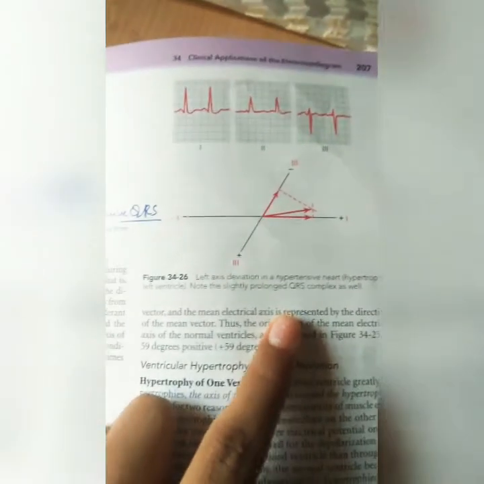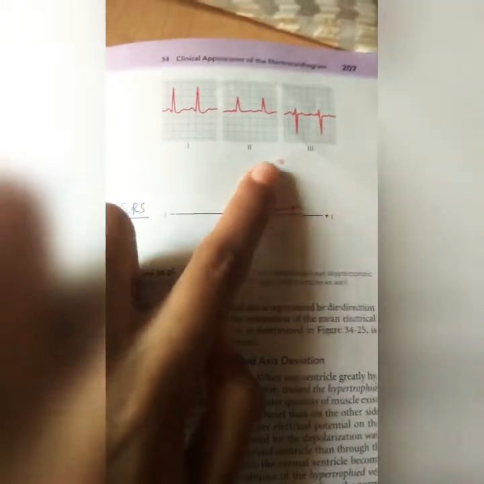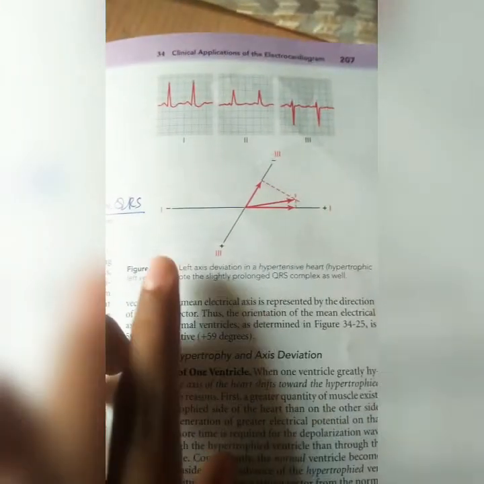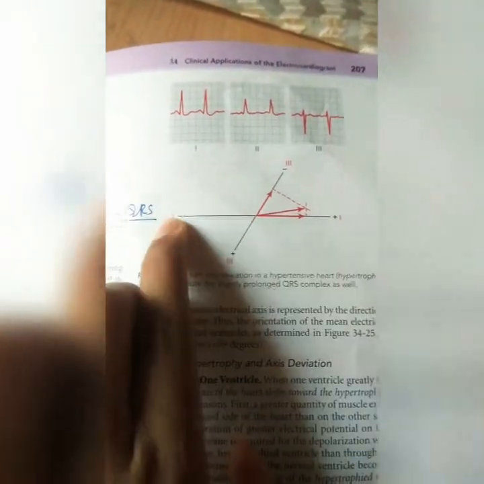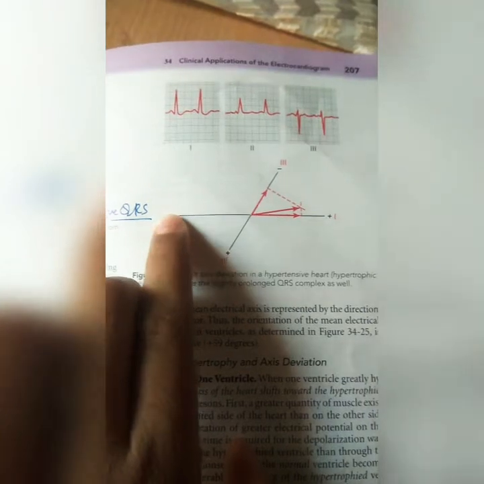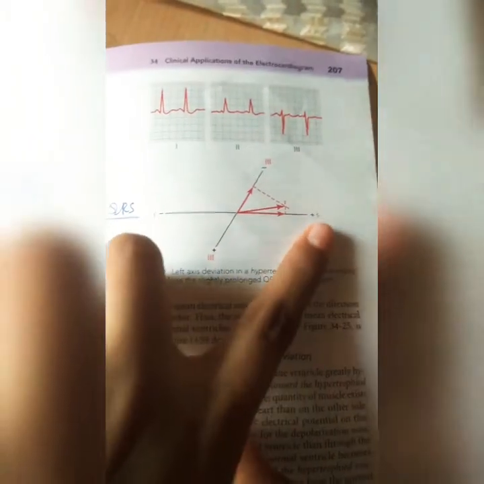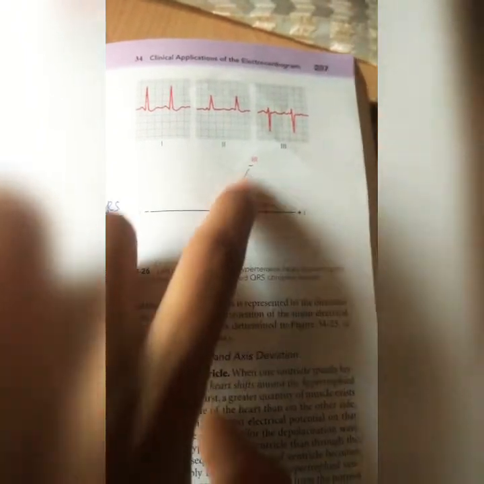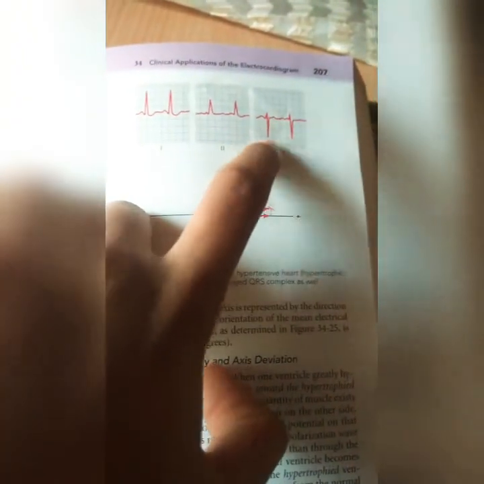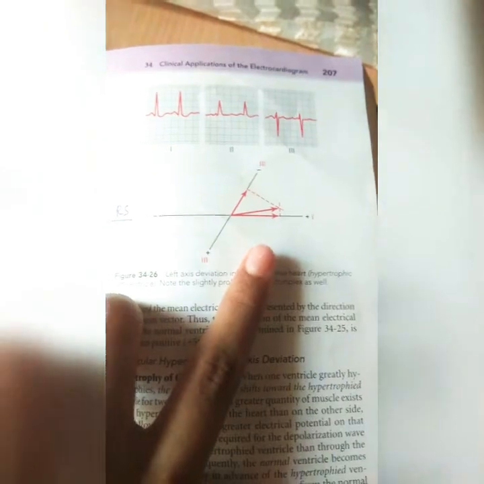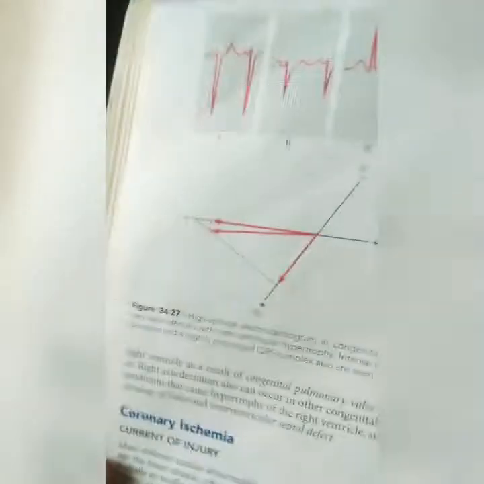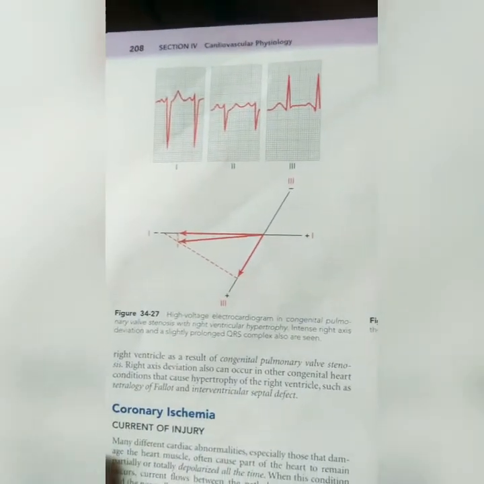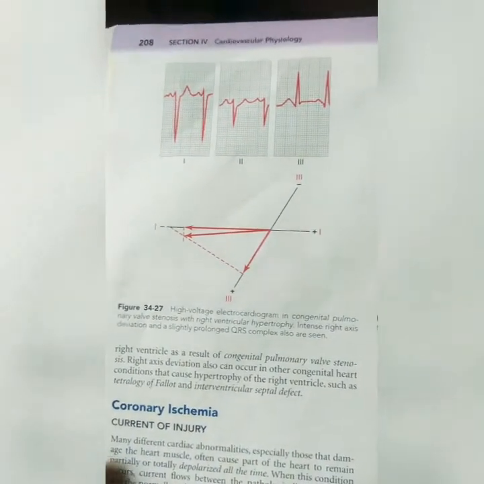You can see in the leads, in lead 1, how the situation is in lead 2. Here lead 1 is towards the negative side, lead 2 is towards the positive side, and lead 3 is towards the negative side. As in the negative side, you can see negative potentials. So that's about it. And here we can see the high voltage electrocardiogram in congenital pulmonary valve stenosis,